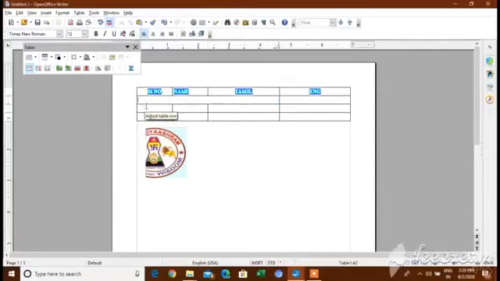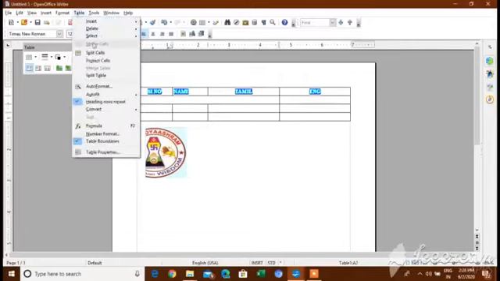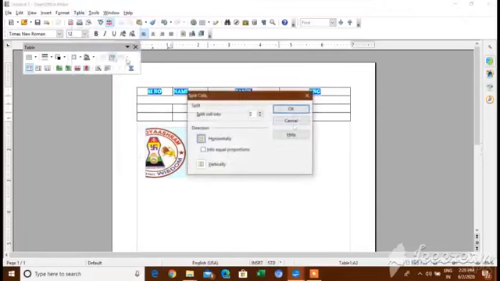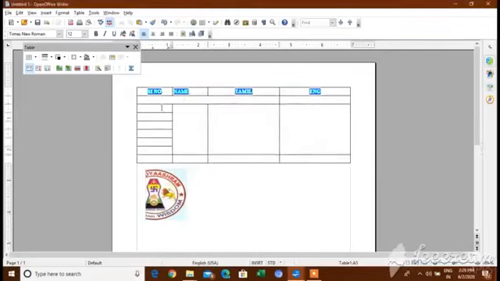Now we are going to see how to split this single cell into multiple cells. That is called splitting the cells. Select the cells, then go to Table again, then choose Split Cells. Give the number 6 or whatever number you want, then click OK. Here they given horizontally and vertically. Horizontally means row wise, vertically means column wise. I choose horizontally and see what will happen. Now I split the single cell into 6 cells. This is called splitting cells.